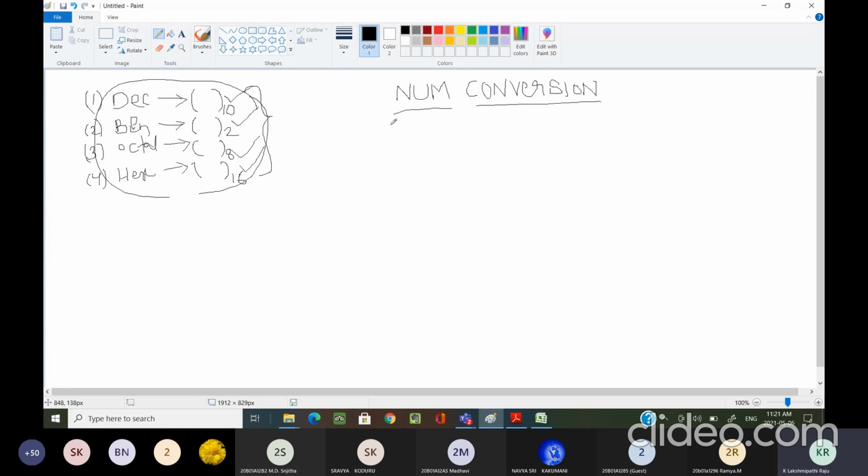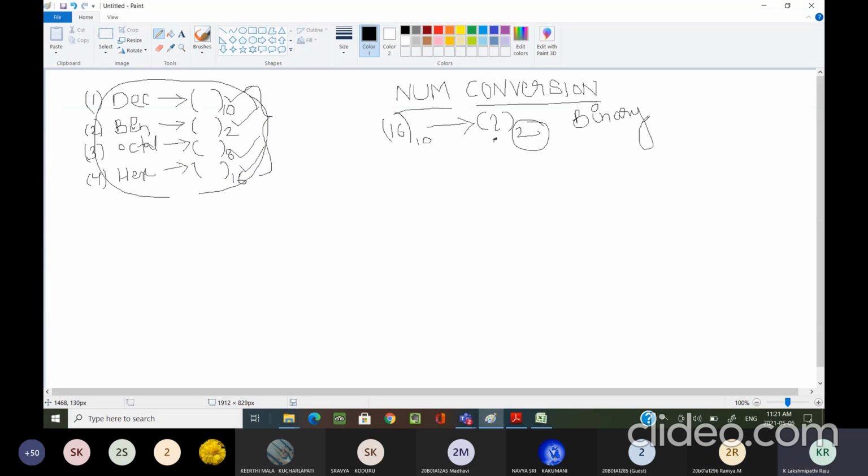16 base 10, sir. 16 base 10. Now I want to convert this 16 base 10 to which number system? Okay, 16 base 10 is my number. I want to convert this initially into base 2. I don't know the answer, but I know the destination number system. I want to convert it into base 2. Base 2 means the binary number system.